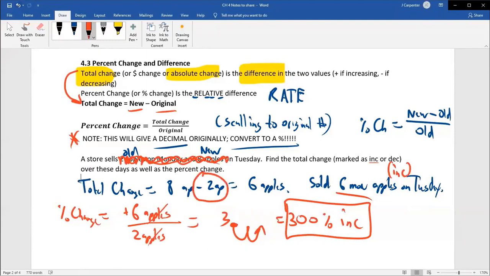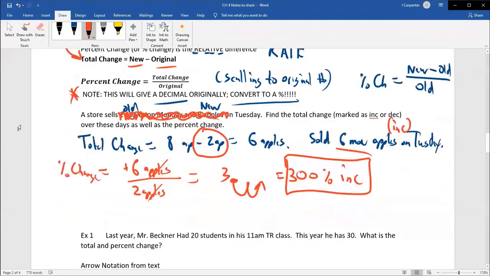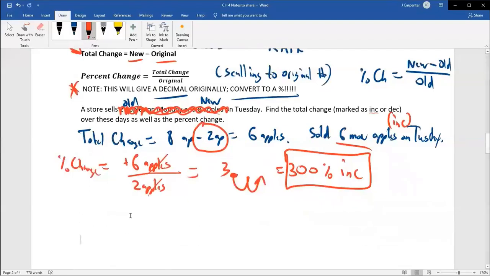We don't include that because let's say we started at 2 and we ended at 2. That would be a 0% change because it's a 0 change. We didn't sell any more apples. But if you just did 2 divided by 2, you'd say, oh, that's 100%. Well, yes, the apples we sell on Tuesday is 100% of the apples we sold on Monday, but that's not a 100% increase. So you have got to understand this moving forward becomes a big issue. You must be able to decipher between a regular percent and a percent change.